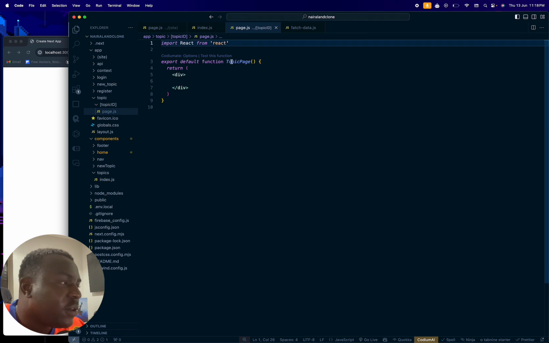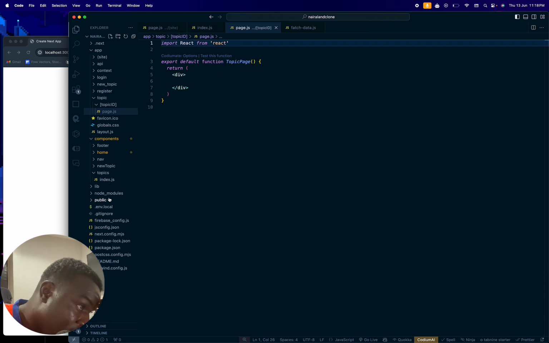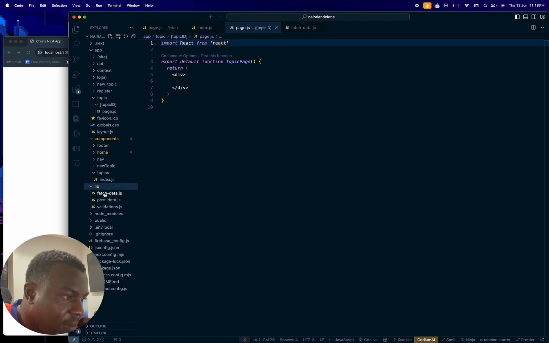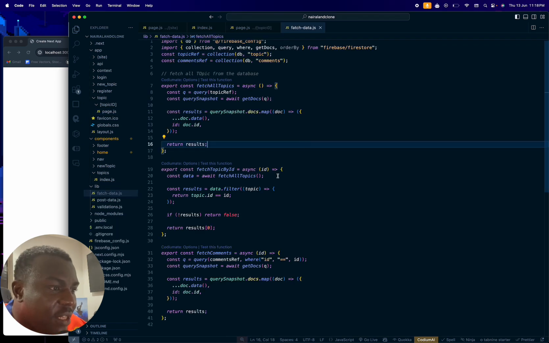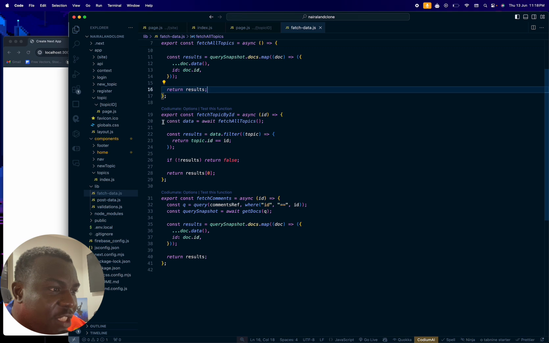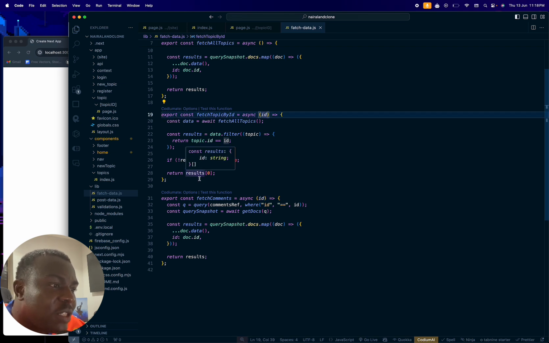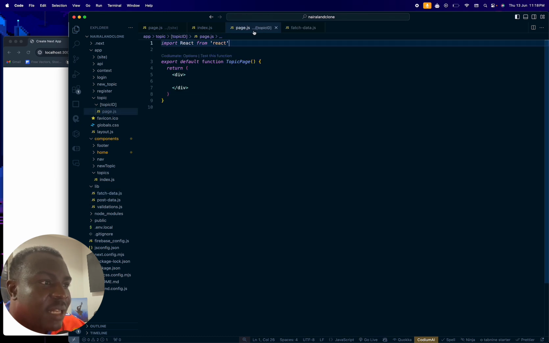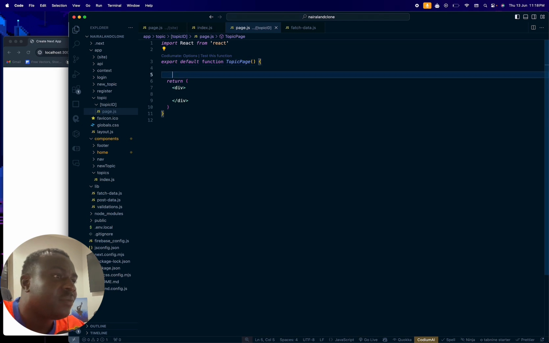Okay, now we're going to go to our fetch data. Okay, in our fetch data we have fetch topic by ID, which fetches all the topics, and you can see we're passing the ID here, and we're trying to find the topic with the ID of the ID we're passing here. And if we don't get it, it's returning false. If we do get something, it's returning the data that we want. So when we go to topic ID here, we can now say